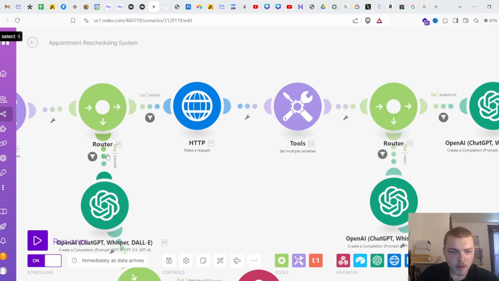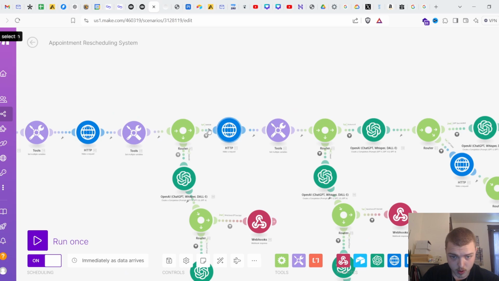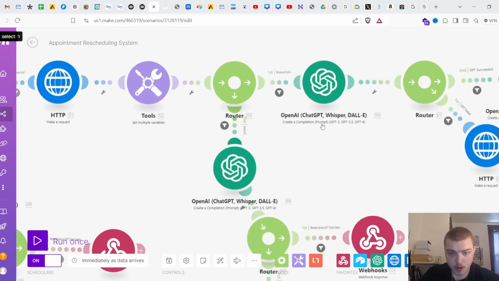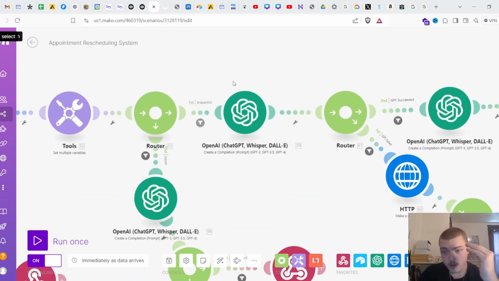But if both these variables aren't true, it goes into here and makes a request to a similar Make scenario, but instead it checks Bill's calendar. And if you had more employees, it would just keep going on, and these would keep being pretty similar. If those same variables are true for Bill, it does the same thing you do down here, but for Bill's calendar. If both those variables aren't true,